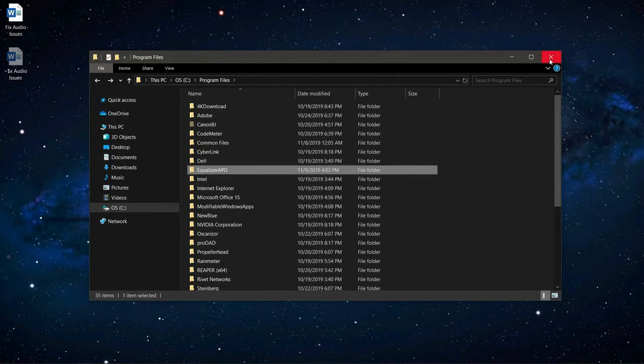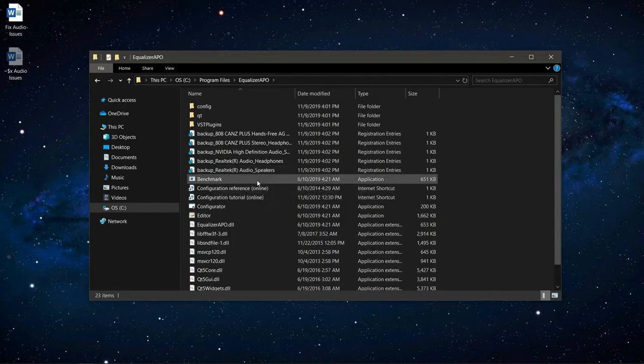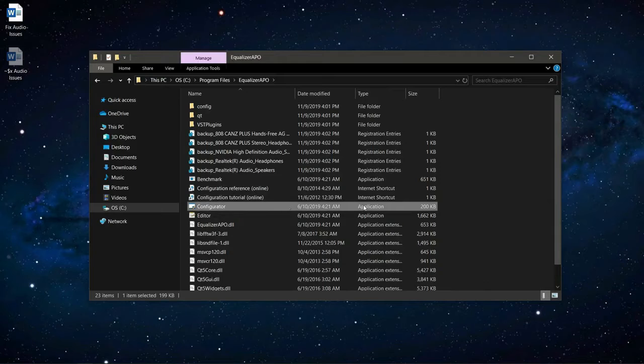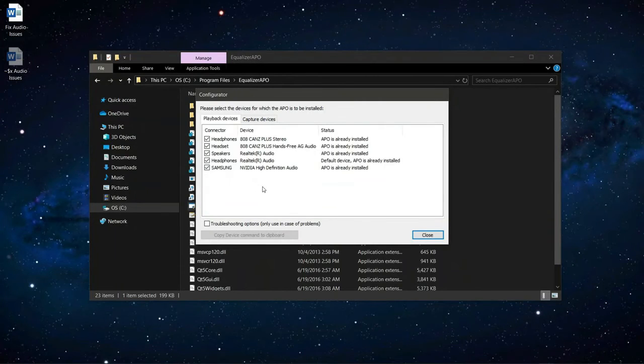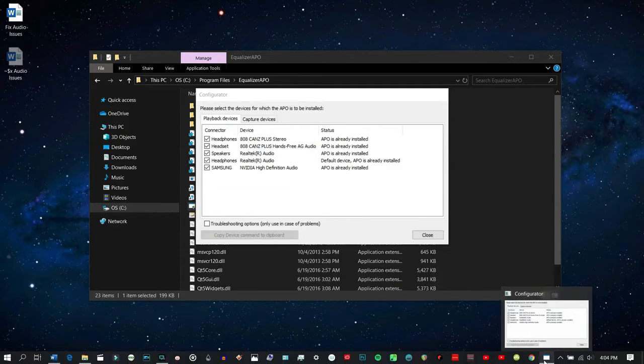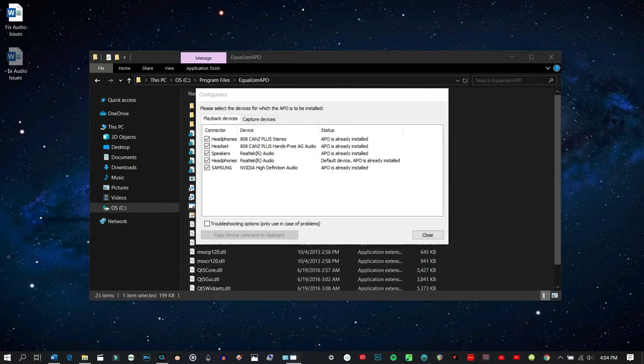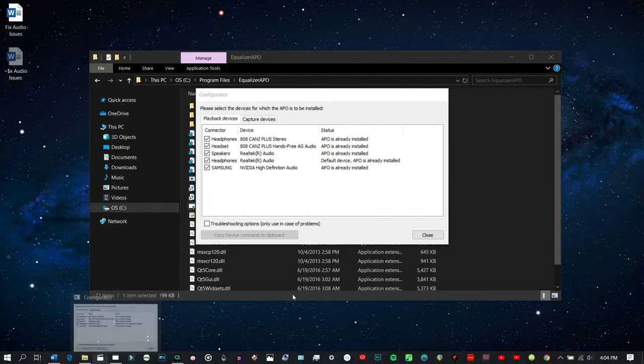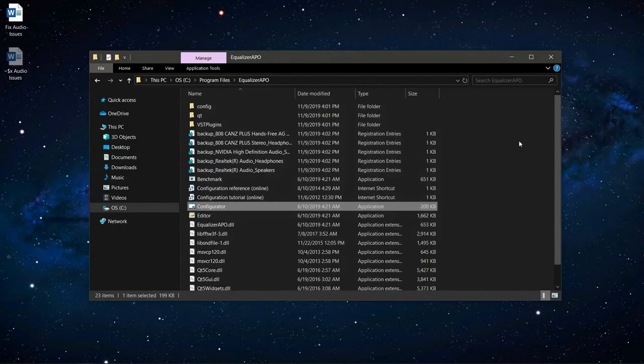Okay, so now what we want to do is click on this application, double click it, and we want to pin the configurator app to the taskbar. So pin to the taskbar, and I had it way over here someplace. Anyway, so we'll close that,